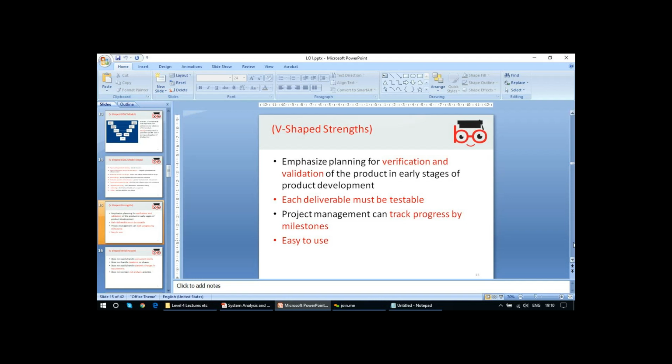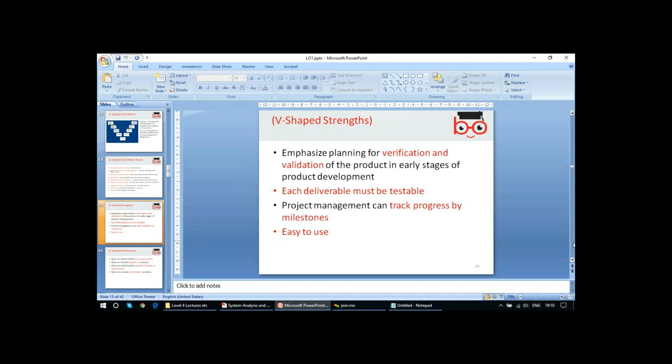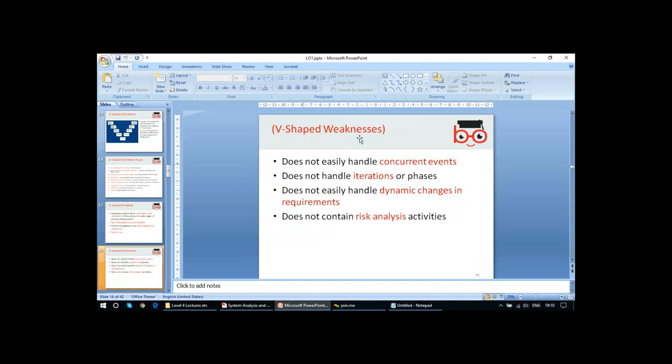And obviously the weakness is that you cannot do this easily with concurrent events. Obviously, it will be disturbing. For example, if you have a team, and a team member did some work, and somebody is again and again disturbing someone, is it fine? Is it correct? Is it validated? So it would make a